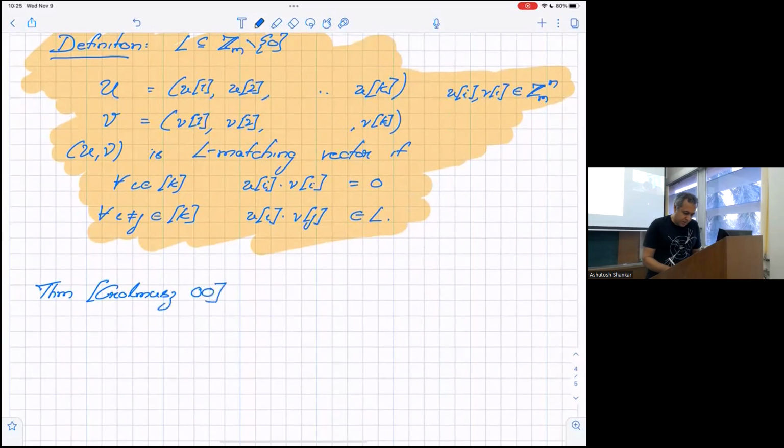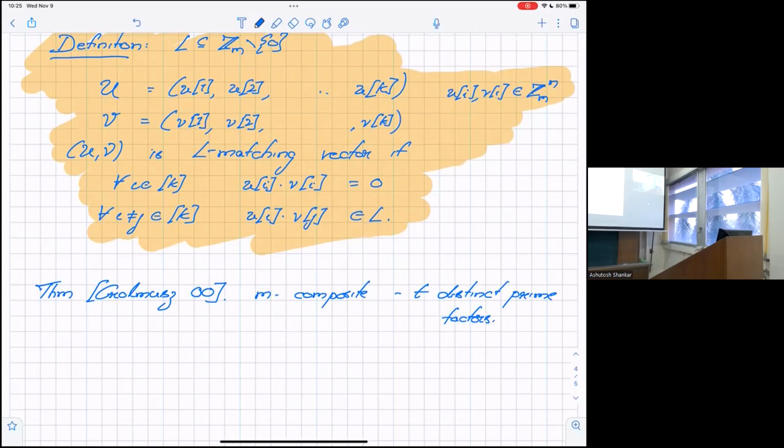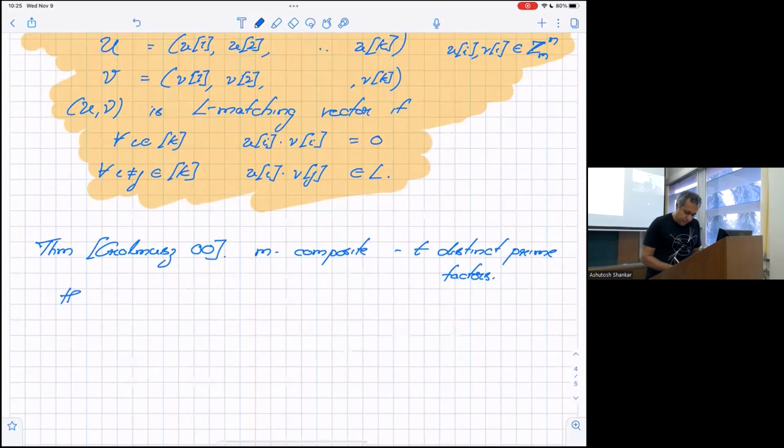It says that if m is a composite number with t distinct prime factors, for example m could be 6 and then t will be 2 because it has 2 and 3, then there exists an explicit construction of matching vectors